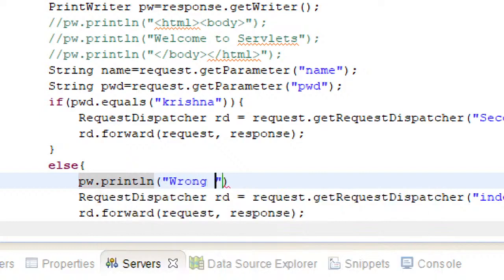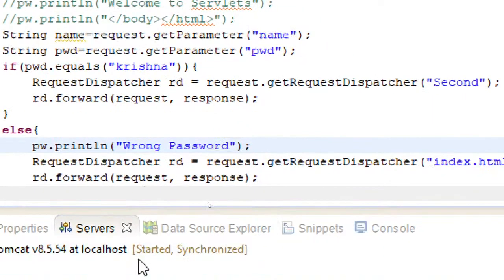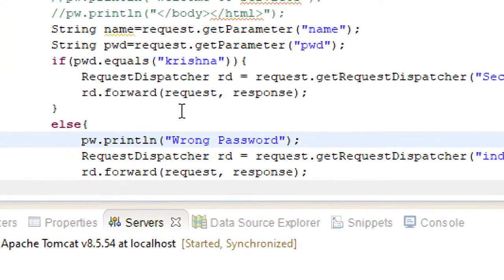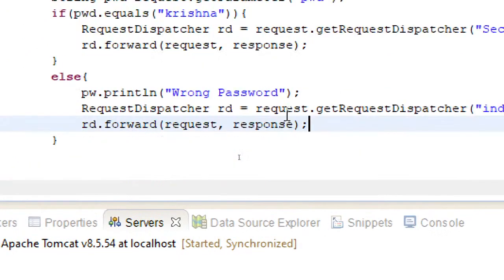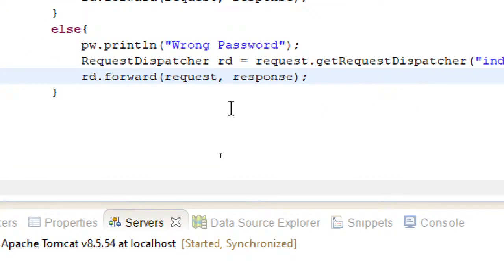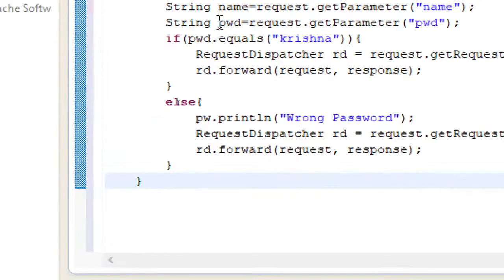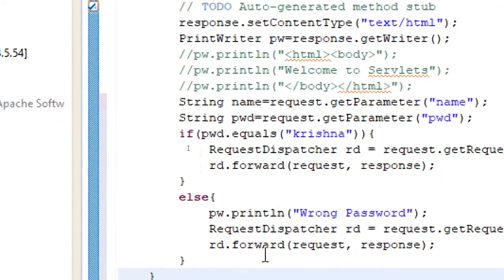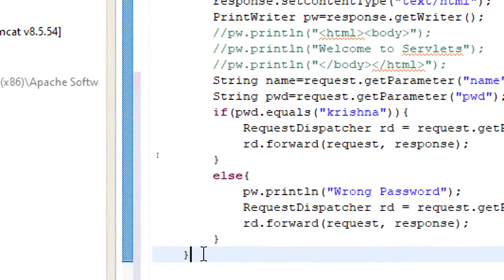Something like this message also you can provide. So you can display some message, and then you can just forward that information to index.html, which is the same page itself. And then after this, you can just close this. Are these closes sufficient? Else, and this is the close for the method. So yeah, this is it.